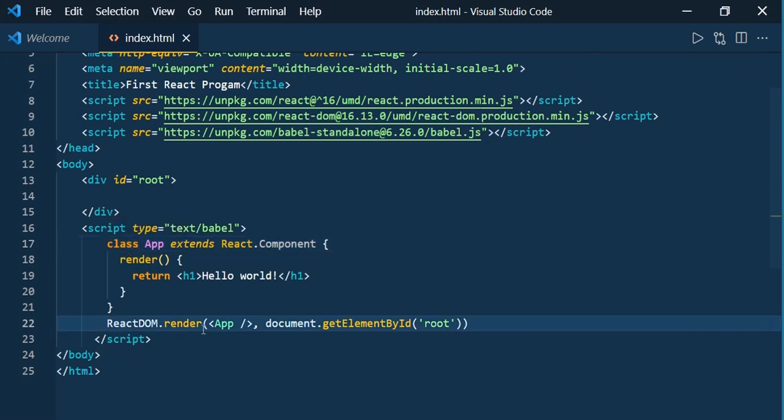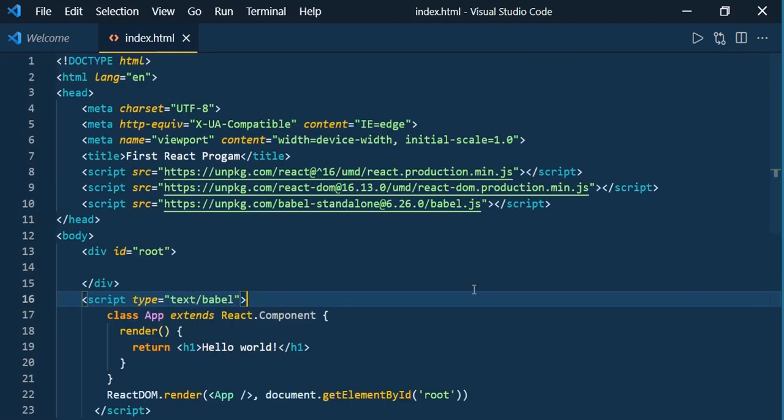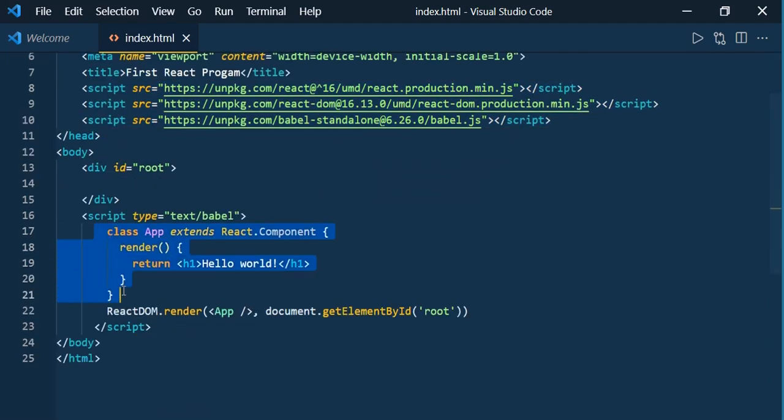So with ReactDOM, we are rendering the App component, and you can see that we are rendering the App component on the root element. So this is the root element. Here we are fetching the root element. As of now, don't worry about the component syntax and ReactDOM render and how we are referring to the App component here. Okay. The basic thing is you can use these three CDN files, and you can create components and refer to them in the root element.